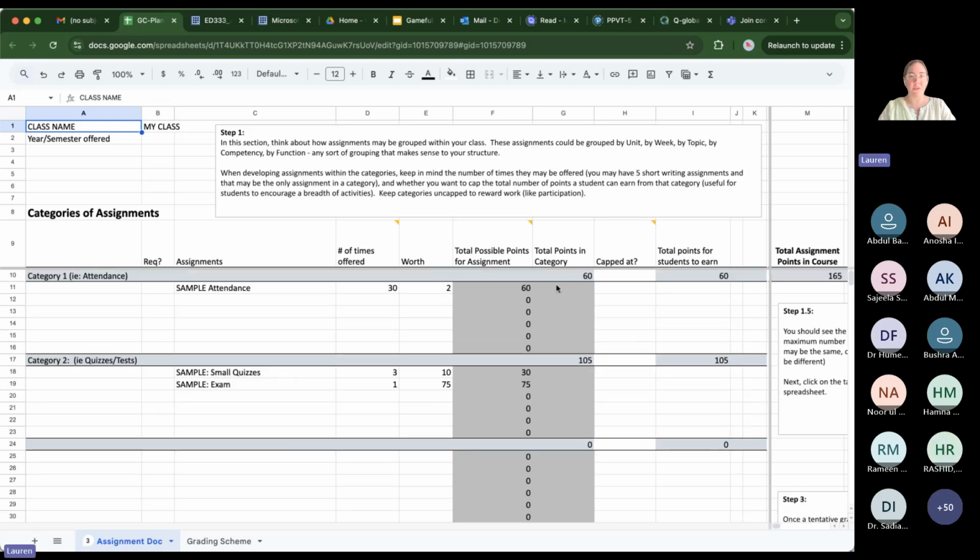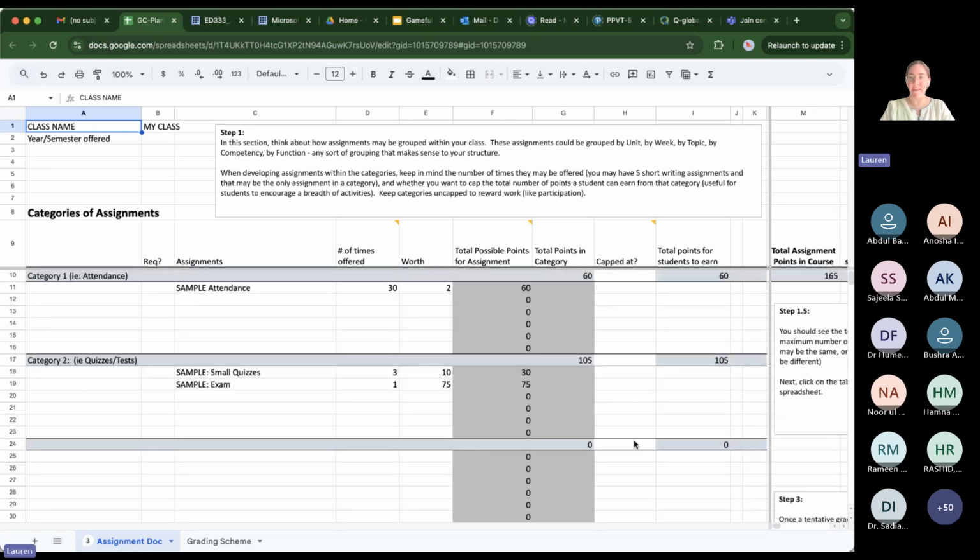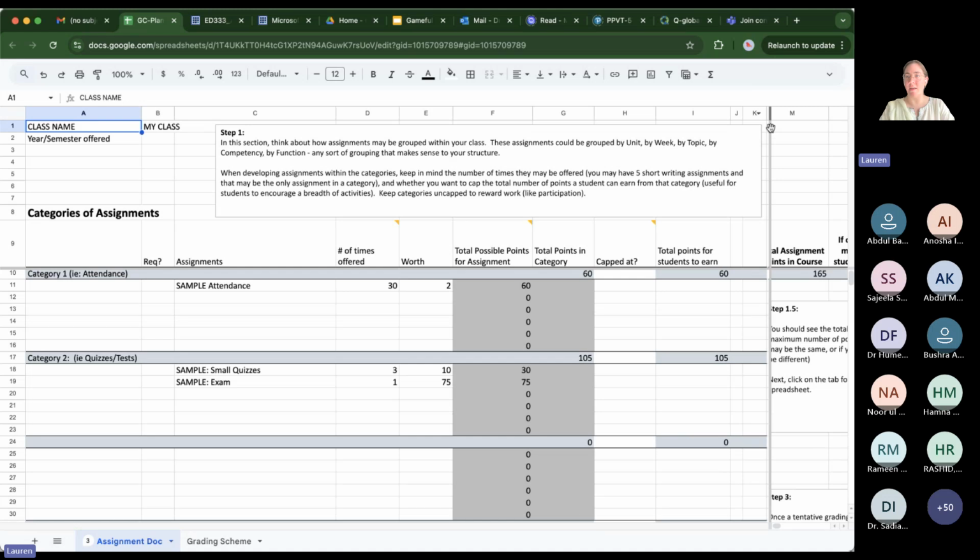Okay, so over here we have different types of categories and we can see how many points each one makes up.